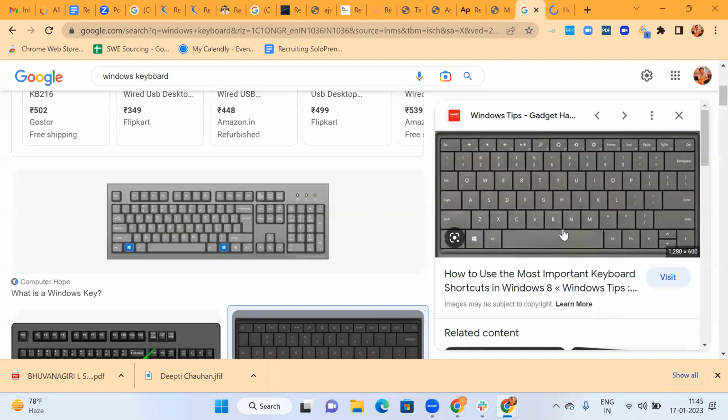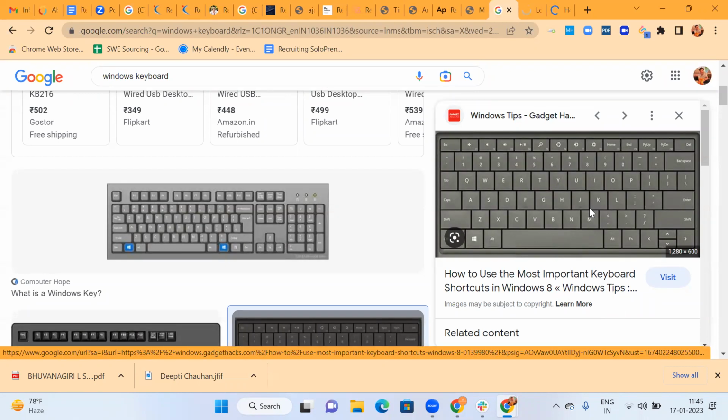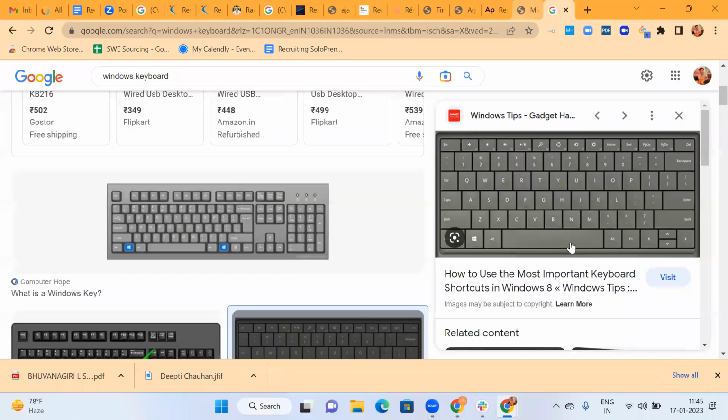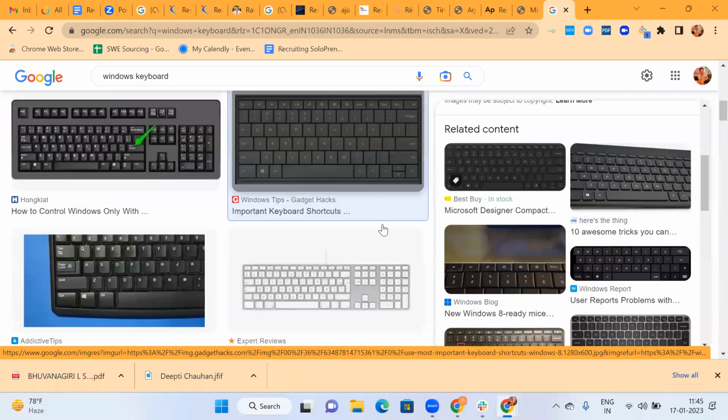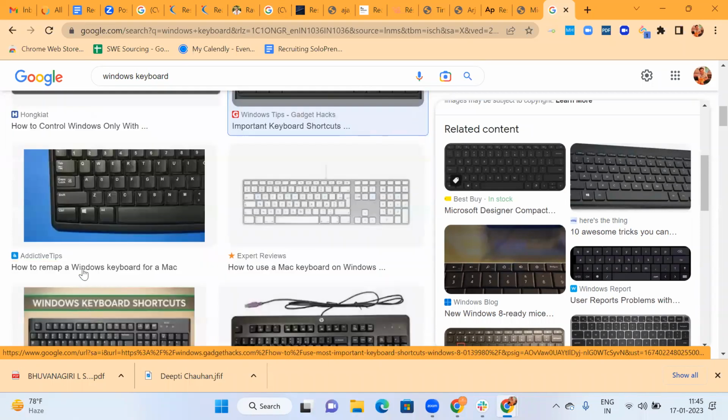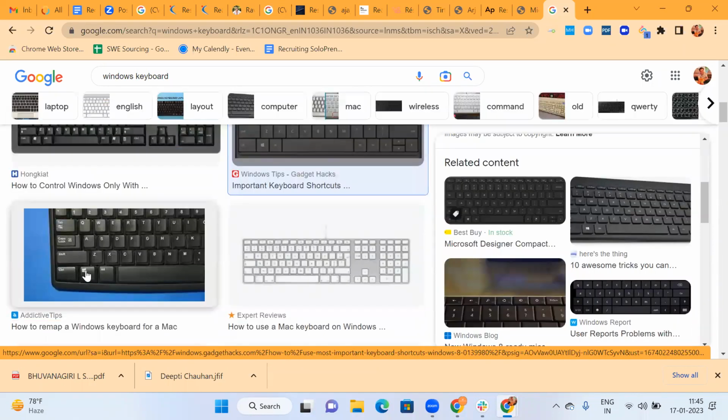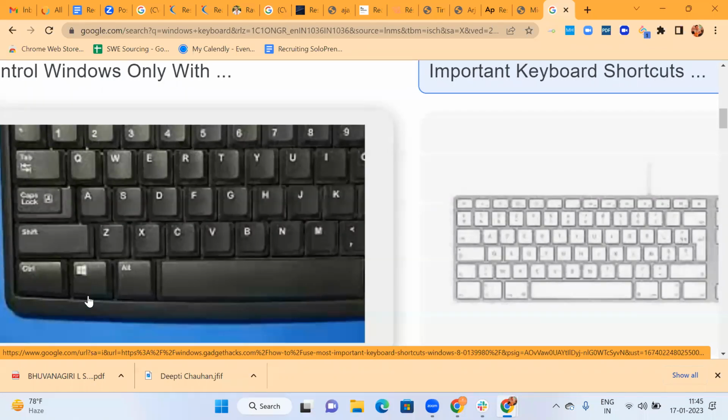On the picture, this is the Windows key. On a Windows laptop, you have to look for this four-square key plus the dot, the full stop.